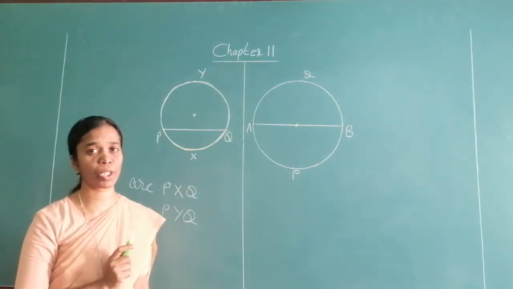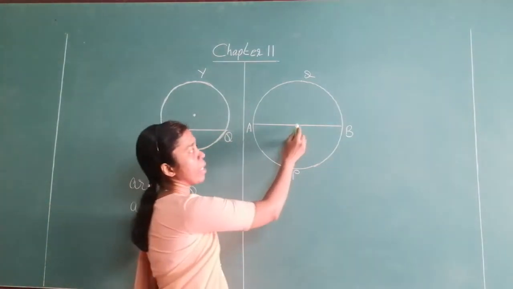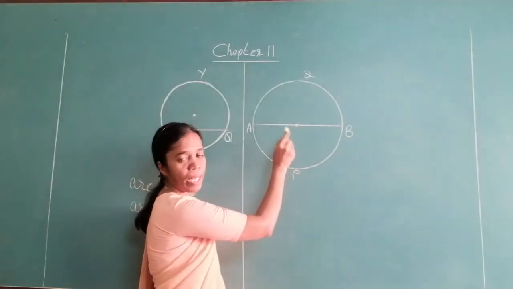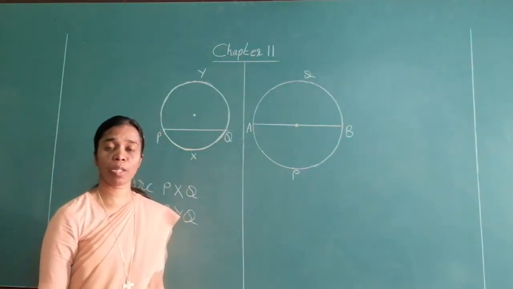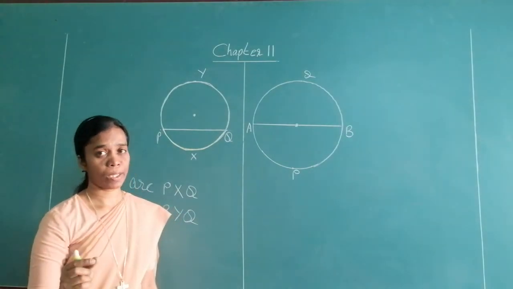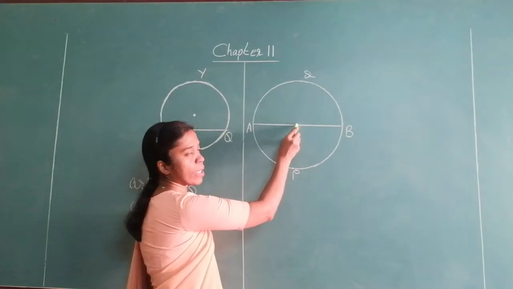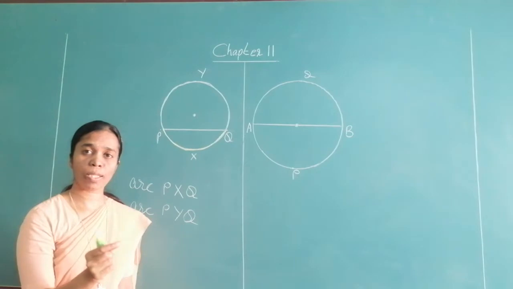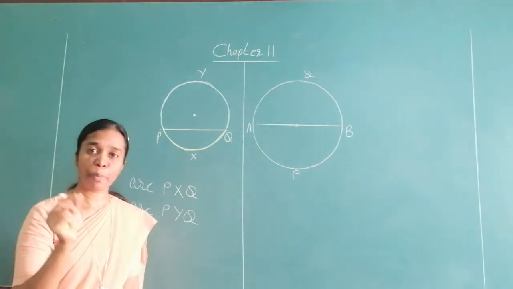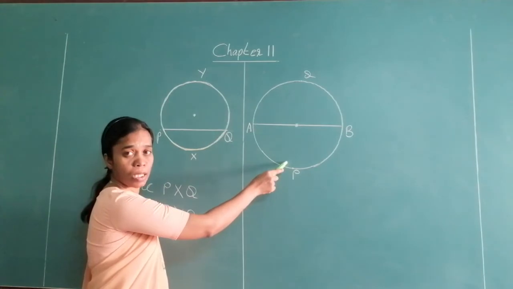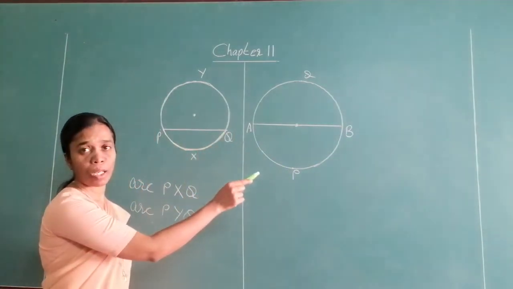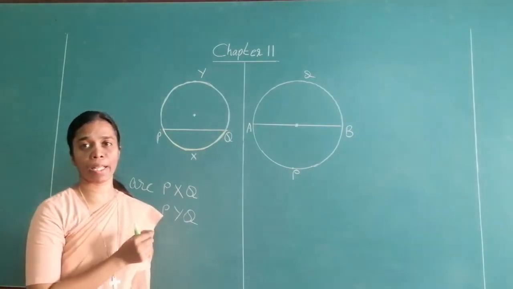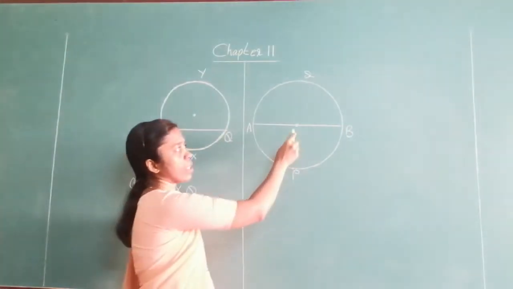Okay. Now, what is the measure of a circle? How do we calculate the measure of a circle? Now you can see this center point over here. Any angle created at this point is called the central angle. The angle created at the center is called the central angle. So to measure the circle, or to measure semicircular arcs, or to measure the arcs, we have to find the central angle.